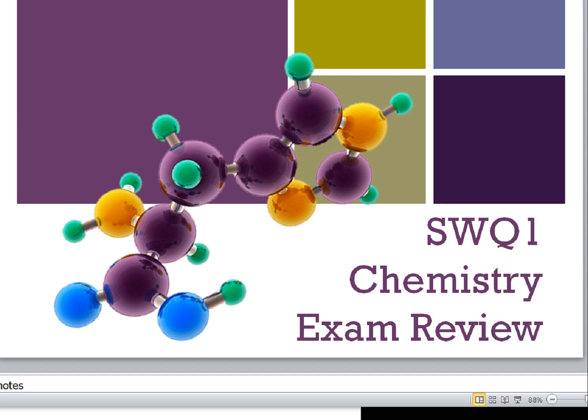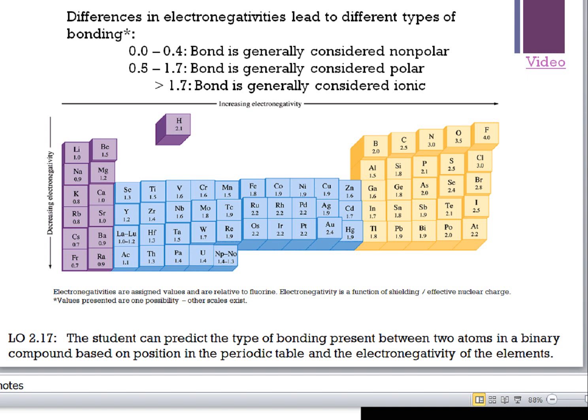In this tutorial, we are going to revise all topics required for the system-wide quiz. You know that the differences in electronegativity lead to different types of bonding. So, if the difference in electronegativity is between 0 to 0.4, the bond is considered nonpolar. While if it was more than 0.4 until 1.7, we consider the bond polar, and more than 1.7, we consider